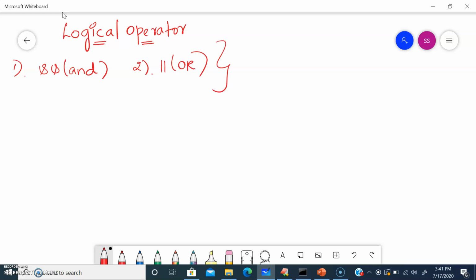These two operators are used for checking conditions in Java, and they return either true or false.